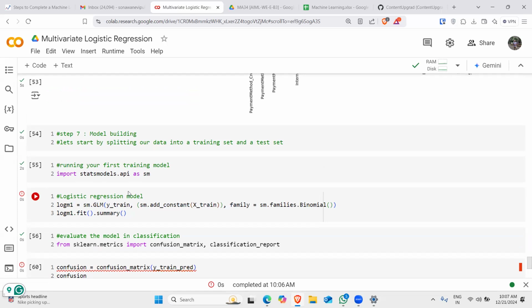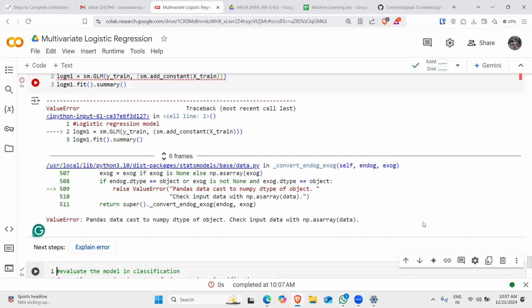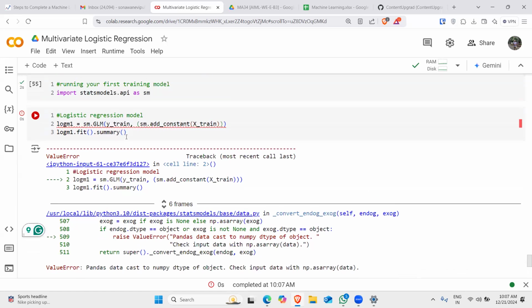So what we'll do is we will first of all calculate the Y train spread. For that, we need to perform the stats model library. We need to check the stats model x underscore train. This is fine. I am not interested to do this, so I'll close this log1 m dot fit summary, but we are not getting this output.